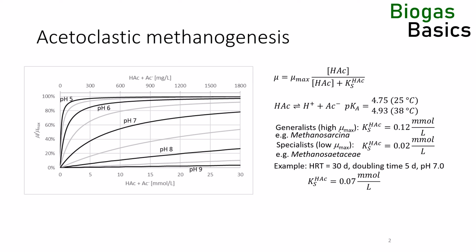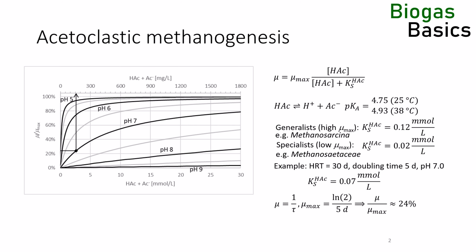We know from the first presentation in this mini-series about microbial growth in AD reactors that the actual doubling time or equivalent growth rate in the digester is linked to the hydraulic residence time. The growth rate μ is the inverse of the residence time. We can calculate μ max from the doubling time in free growth. It is ln2 divided by the doubling time in free growth. The ratio of μ and μ max is around 24%.